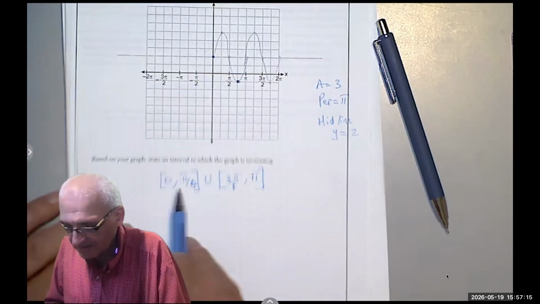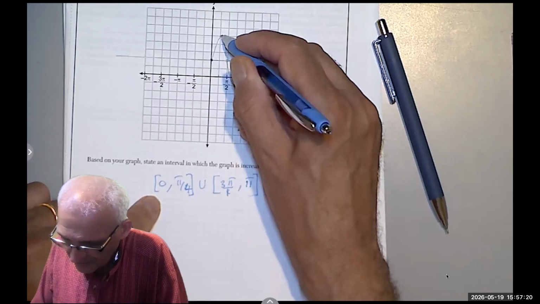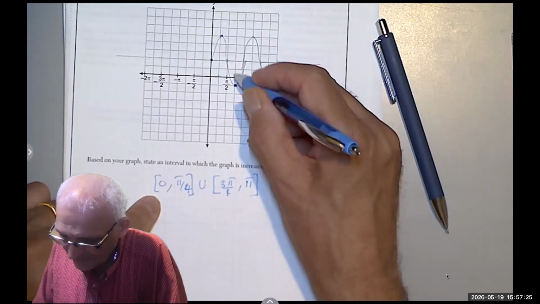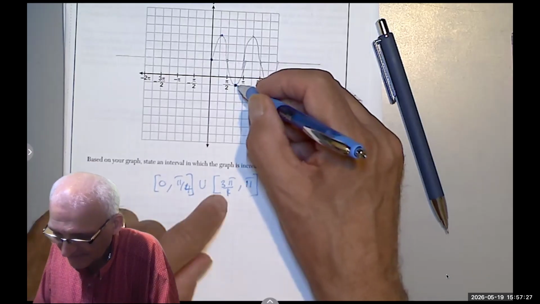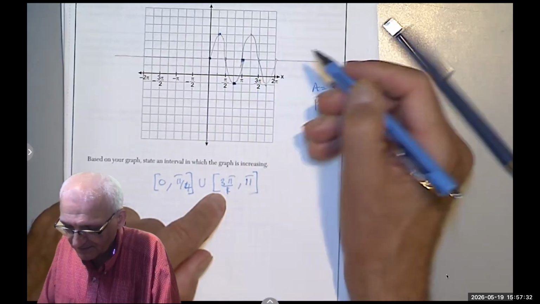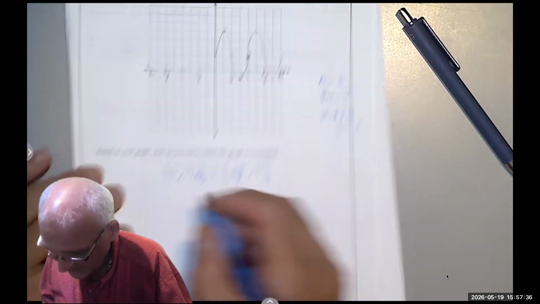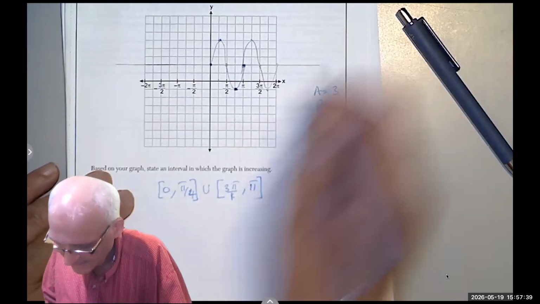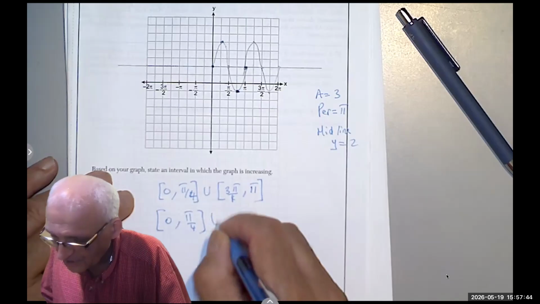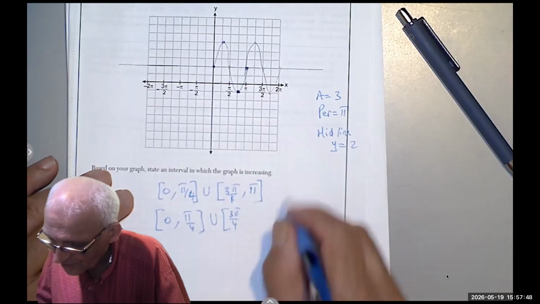That's for the cycle. It's increasing from 0 to pi over 4, right? And then from 3 pi over 4, where it was at -1, up to this point if we do a cycle. Because they told you to draw a cycle. But in our case, because I plotted 2 cycles, I should say 0 to pi over 4 union 3 pi over 4